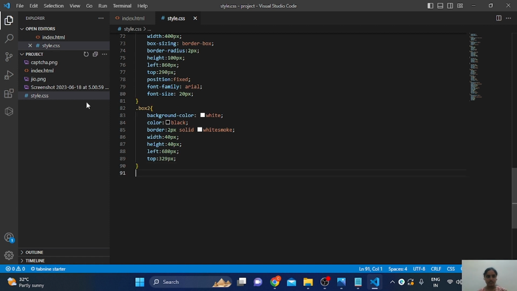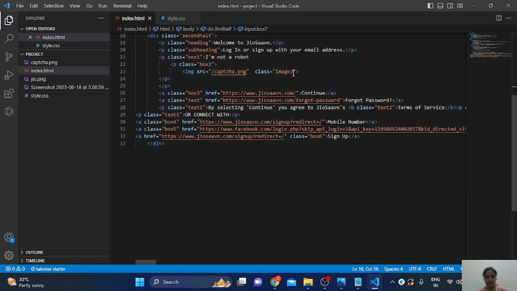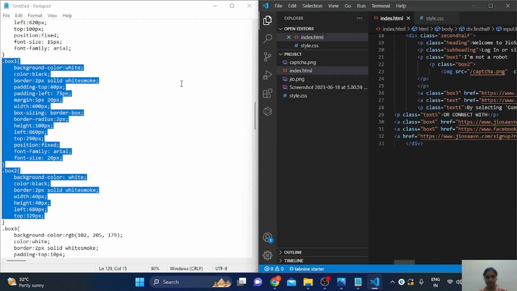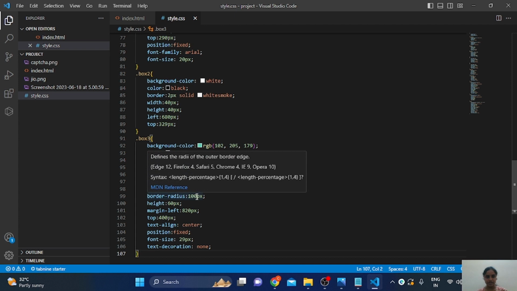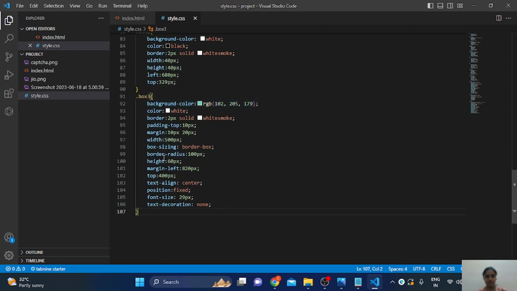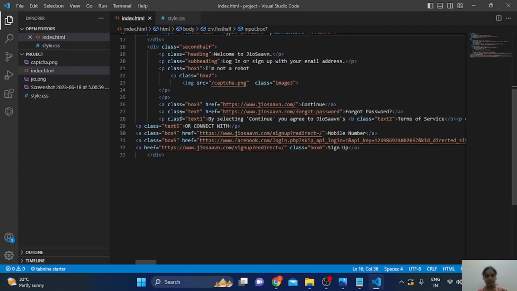And next, here we have image box 3 and text box 3. And here we have taken for box 3, and we have given all positional properties as background color, padding, top box sizing and top text align and text decoration, and we have taken text and text 1 as forgot password and terms of services. And by selecting these all, for that